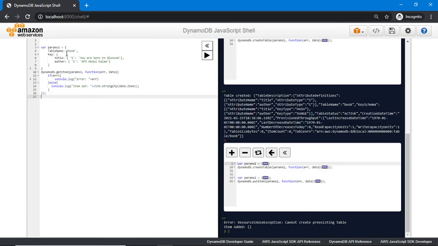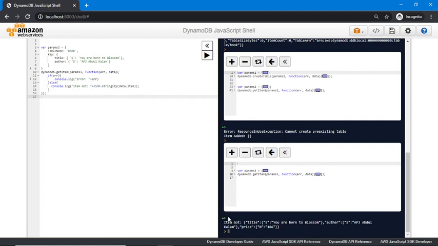I'm passing parameters like the book name and key. I am passing both the hash key and range key here, and dynamodb.getItem is my command. If I find any item, I can get it here. So I'm going to run this command. Now you can see the result: item got, the title, the name of my book, the author name and the price. So I got my item back.